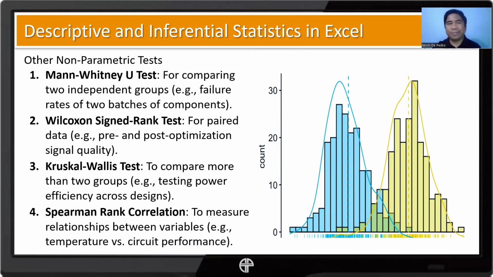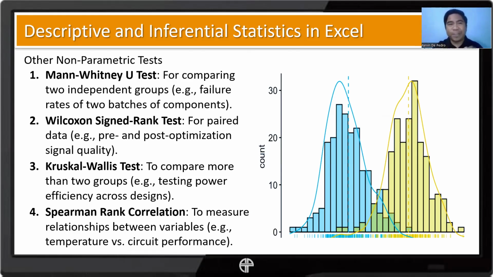Some of the most common are these: the Mann-Whitney U-test for comparing two independent groups, the Wilcoxon signed-rank test for paired data, like post-optimization signal quality, the Kruskal-Wallis to compare more than two groups, like testing power efficiency across designs, and the Spearman rank correlation.